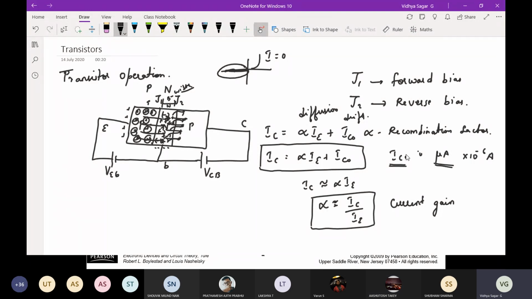Clear? So I could keep it, or I could just remove it when defining the current gain, making an approximation, saying that it could also be called current gain. Clear this? From this, I could say the current directions. How do I define the current directions here? Holes, right? The current direction is the similar way, and here it is the same direction, collector. Whereas in the base, what is the direction of the current? Go ahead.